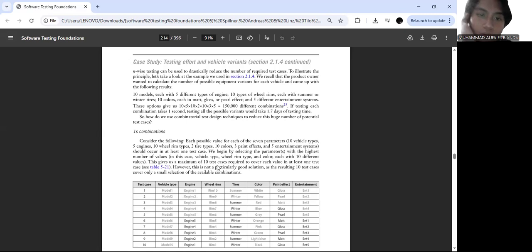If testing each combination takes 1 second, testing all the possible parameter combinations would take 1.7 days of testing time. Visualize the potential test cases, considering each possible parameter value. If every value is consistent in at least one test case, we can